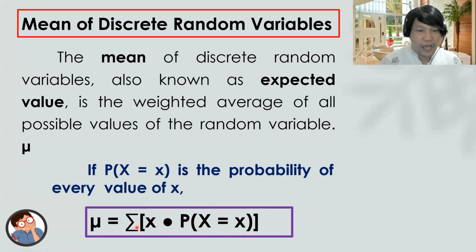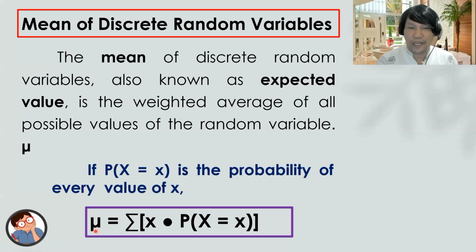Meaning to say, you have to get first the product of the given random variable and its corresponding probability. After getting the product, then you are going to get the sum. And whatever be the sum, that is what we call the expected value, or the mean of